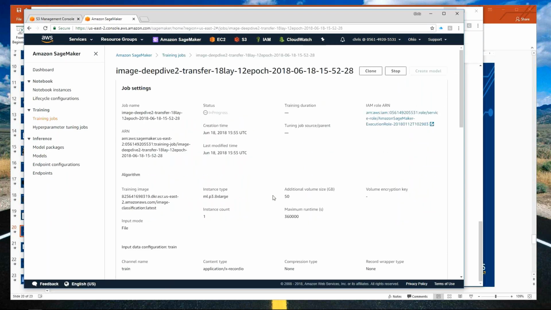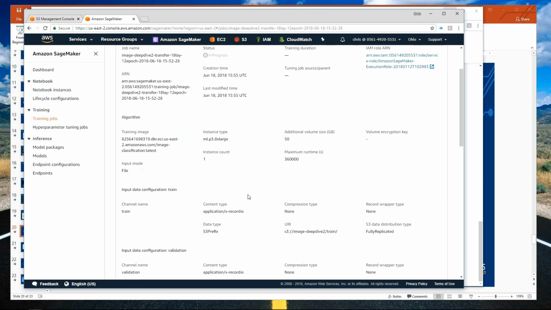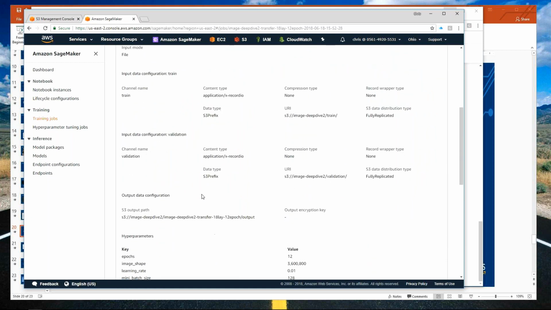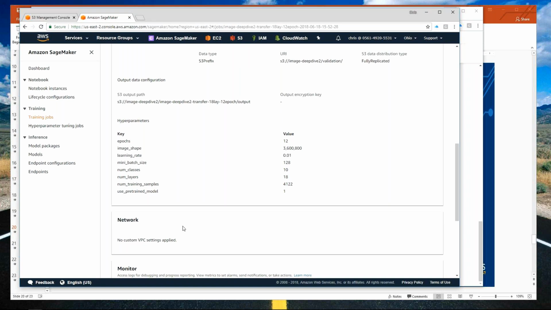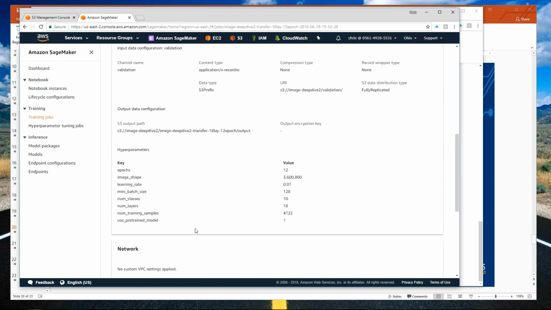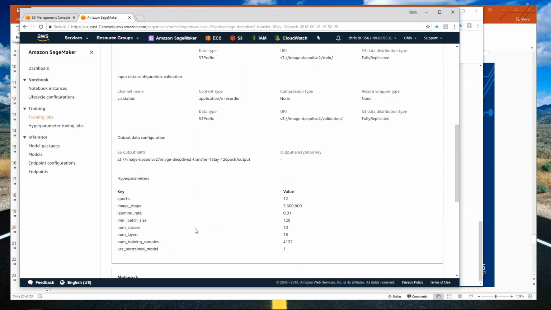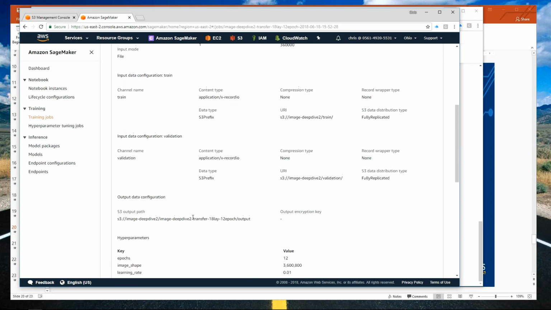We can dig into our training job here, and it's going to recap for us all of our hyperparameters. Now, we do have hyperparameter optimization available today. Unfortunately, we're not going to get into that in this 1 hour. That would probably be an entire hour unto itself. So there's some hyperparameter optimization that can be automated. It's very, very handy if you're working with transfer learning, as we'll see here in a moment. It's very, very